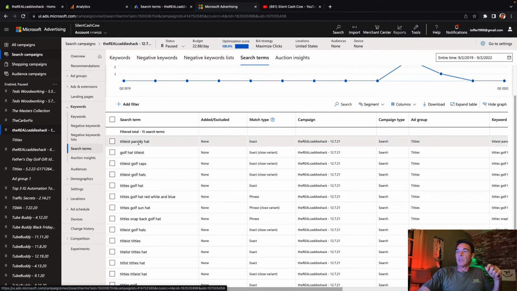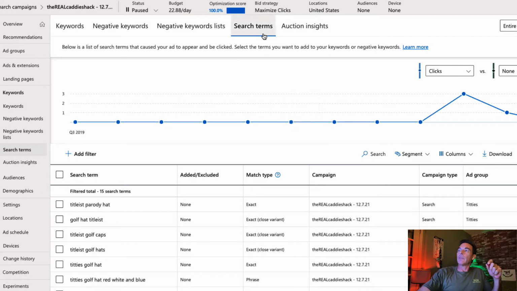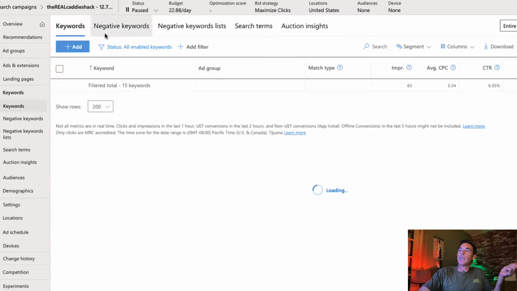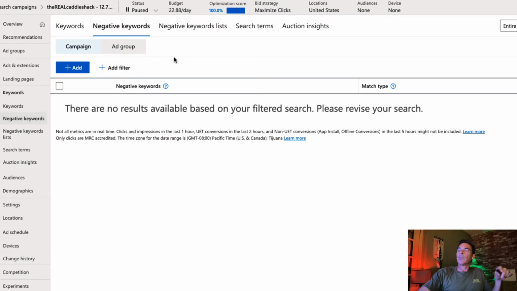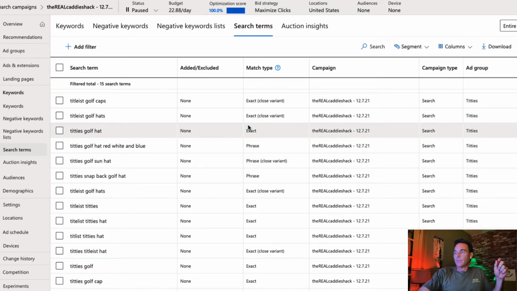This is actually perfect right here. I might not even need to go over to Google, but you can see up here, guys. So this is where your keywords would be. Negative keywords. I don't really have any negative keywords per se for this website yet. I don't really need them. And then search terms. Wow, there's a lot of